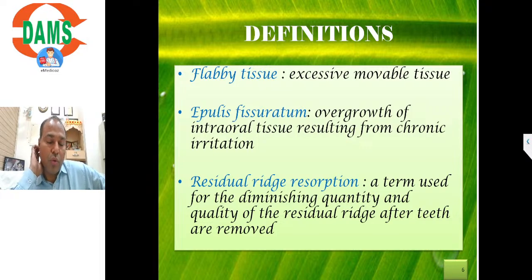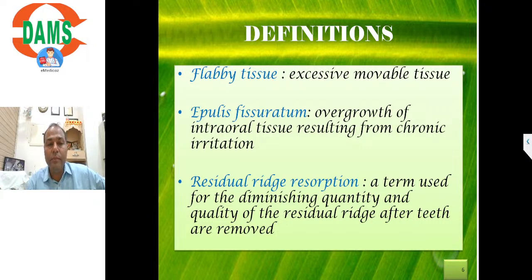Important. So one is flabby tissue. When we talk about the flabby tissue, it is the formation of excessive movable, mobile or hyper redundant tissue. Remember rightly one thing, that flabby tissue is poor in support. Write down in bold letters, it has come so many times, that flabby tissue is poor in support. It forms when the bone beneath it is resorbed. Then only the tissue will be collected at one place, and it will become redundant, it will become excessively mobile,